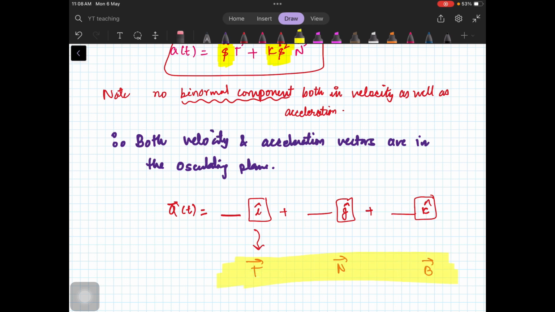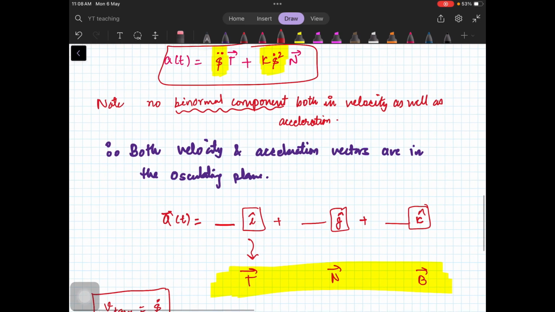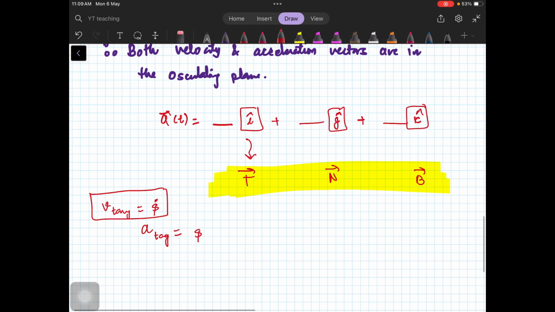If you think of it like this, for a curve we have an intrinsic system of axes, which is very helpful, and we can use all sorts of formulas. Okay, so you have to remember that velocity tangential component is s dot, right? And acceleration tangential component is s double dot, and acceleration normal component is kappa s dot square,